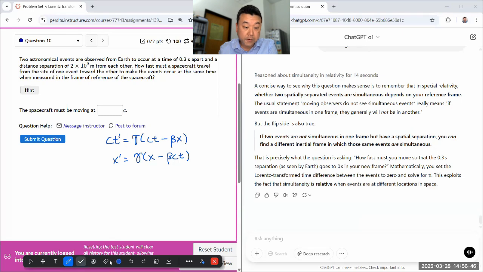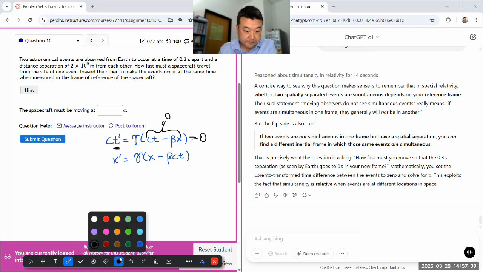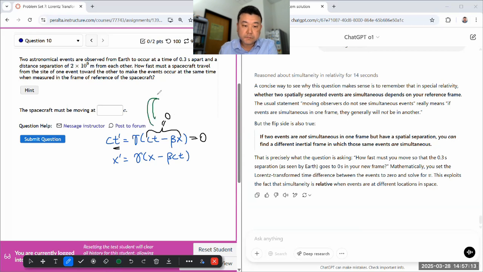So following ChatGPT's advice, I'm setting this equal to 0 to make the time difference zero in the moving frame. The spacecraft is at the prime frame, that's 0. Then whatever gamma is, it doesn't matter. I just need to set this equal to 0. So solving for beta, that would say beta is equal to